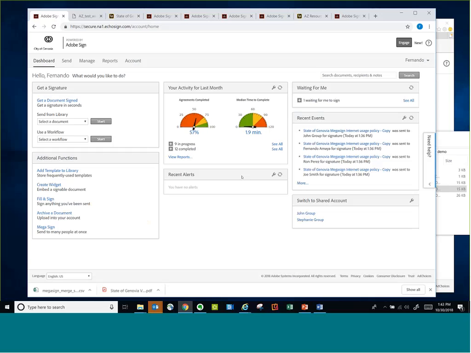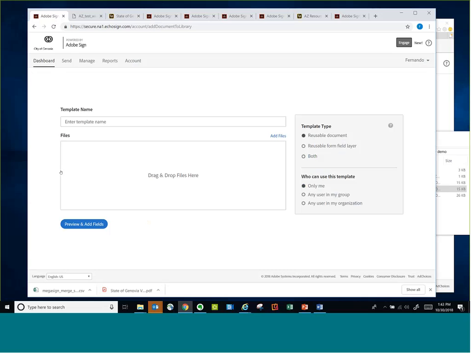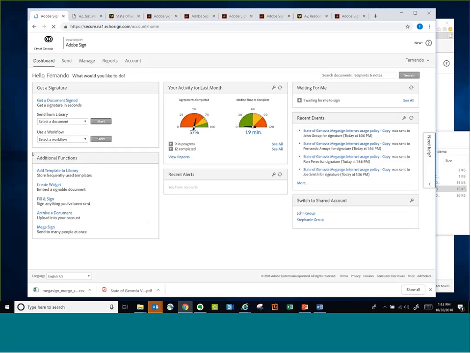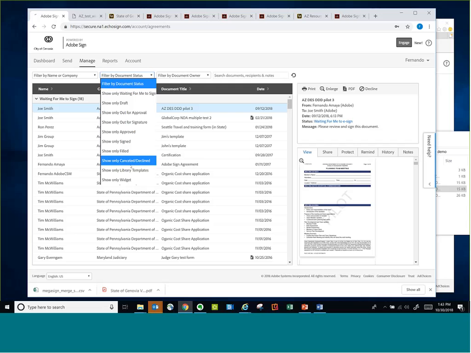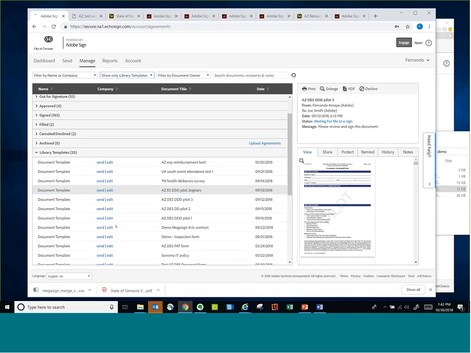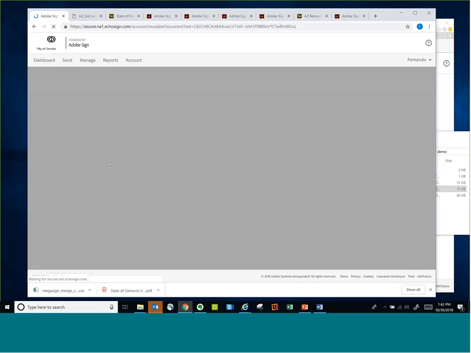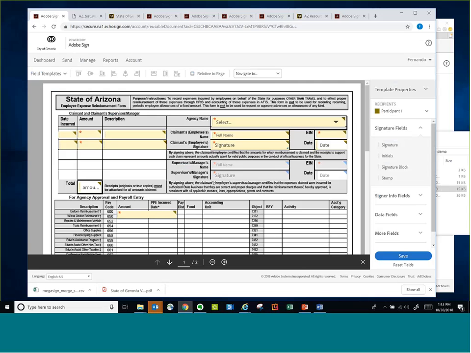Advanced template fields. So let's create a template library. And actually, in order to do this faster, let's use one that I already created, and I will explain it on the fly. So if I go to my template library, filter by library templates, I already created this template, which is, I am using the expense reimbursement form that you sent me, Heather. So I will edit that template,